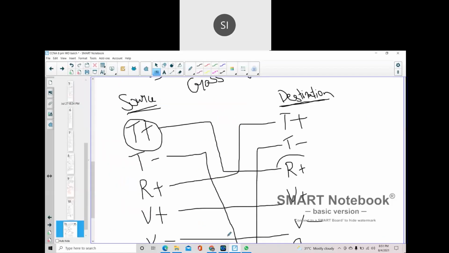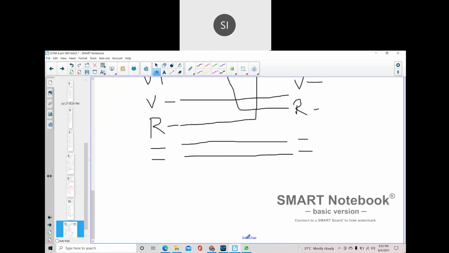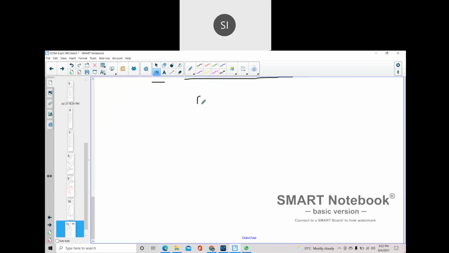That's what I mentioned here. But in real time, in companies, and also in our LAN, we are using straight cable, not crossover cable.